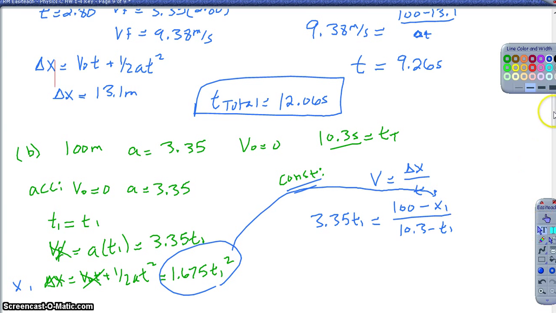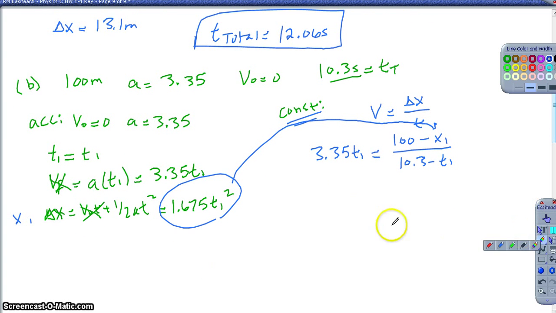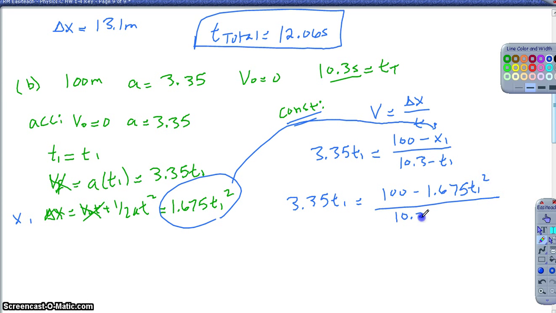And hopefully at this point you can obviously see where we're going. So maybe at this point, if you want to stop the video and just finish it out on your own, you're more than welcome to. But anyway, I get something that looks more or less like this, to where my only variable is now t1. So obviously we do just have to solve this now. We've got to multiply both sides by the denominator. When I do that, I get